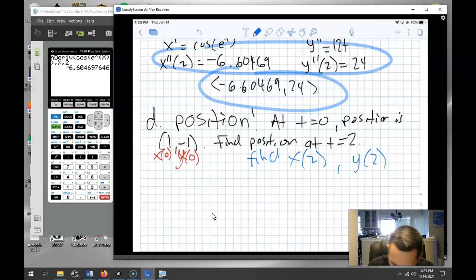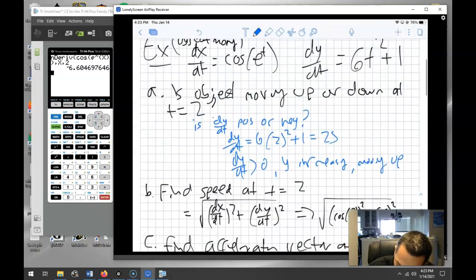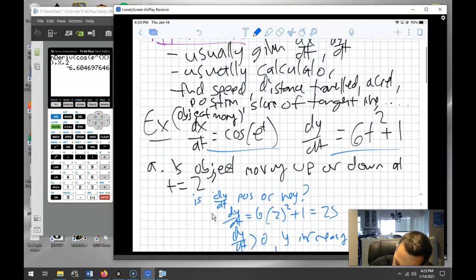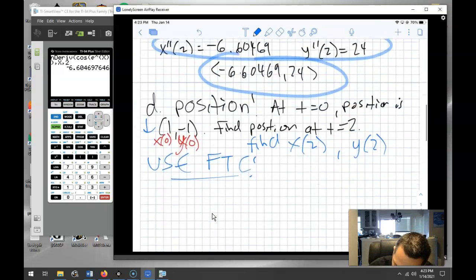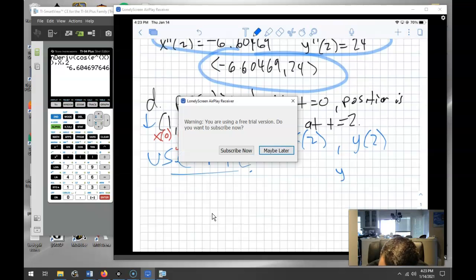Yeah! So, again, the key in here is we're going to use the FTC. We have this initial condition, the x of 0, y of 0. We have the derivatives here, the dx dt and the dy dt. So if I want to find, say, y of 2, y of 2 minus y of 0 is just integral 0 to 2 of the dy dt. So that's saying that y of 2 minus the initial position, negative 1, so plus 1, equals integral